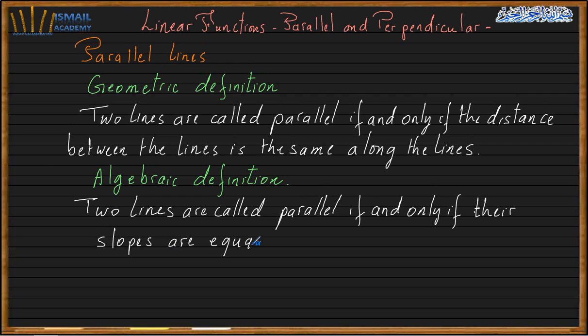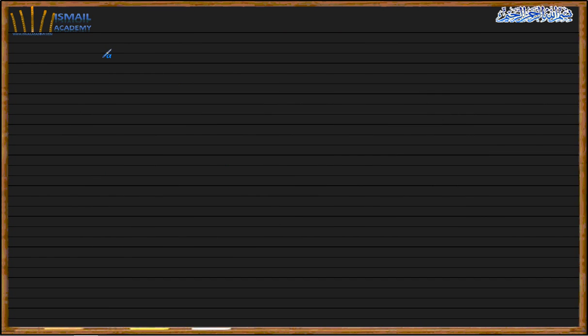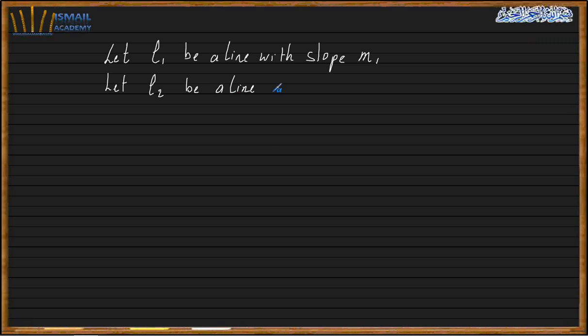So let L1 be a line with slope m1, and let L2 be a line with slope m2. Then we say that L1 is parallel to L2